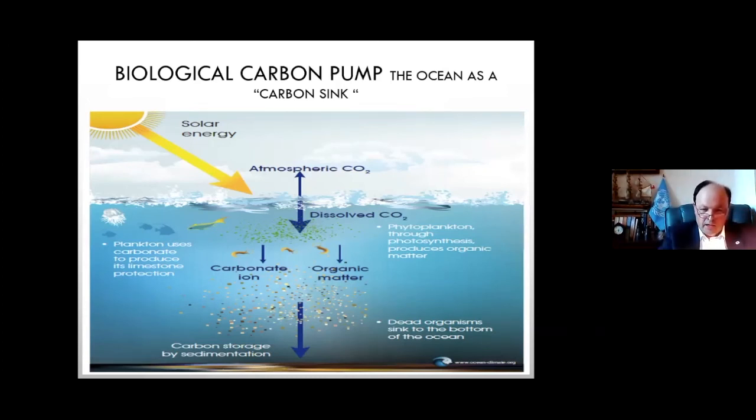the bottom of the oceans, and that's why the carbon storage is by sedimentation. So eventually all that CO2 that has been used by these beautiful creatures called plankton, phytoplankton particularly, is going to be deposited at the bottom of the oceans. So that is part of what is called the biological carbon pump in the oceans, and it is vitally important. Again, we consider that three quarters of the planet is ocean, so this is happening at large scales.